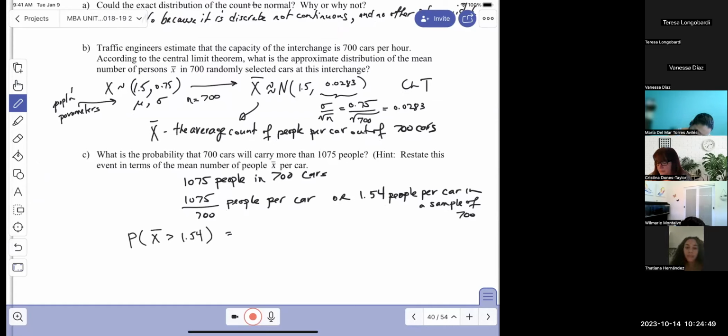Well, now we can answer the question. The average number of people per car is greater than 1.54. In other words, more than 1,075 people in 700 cars. It means the same thing. So I standardize